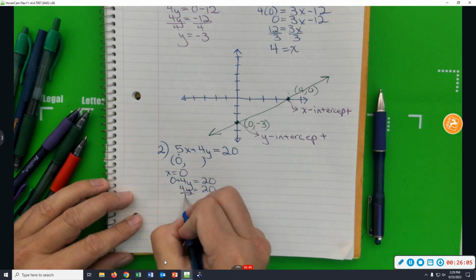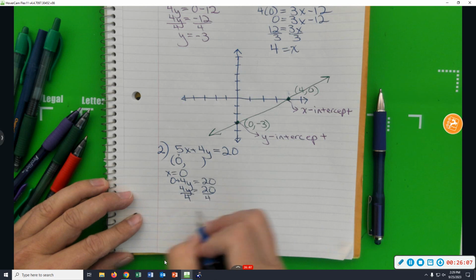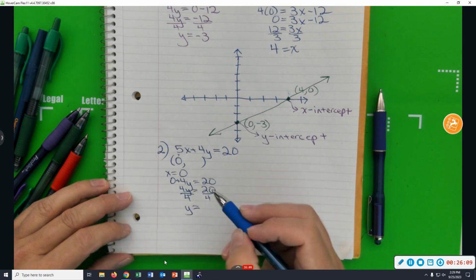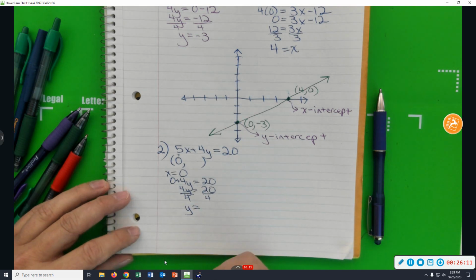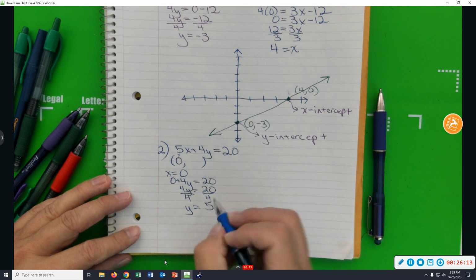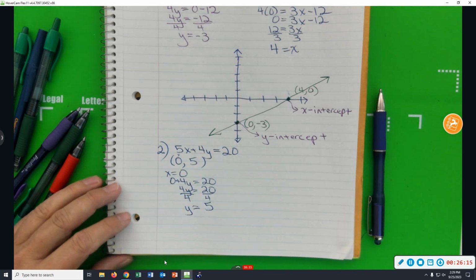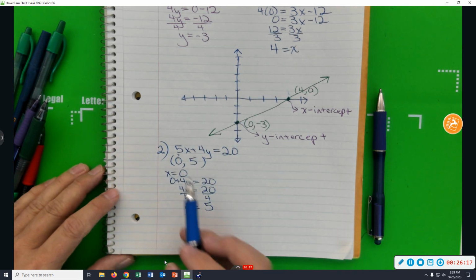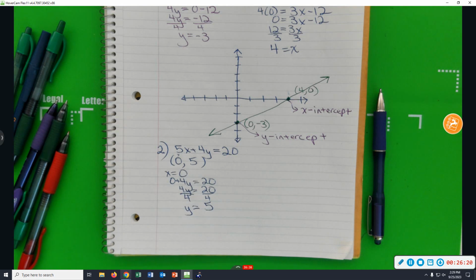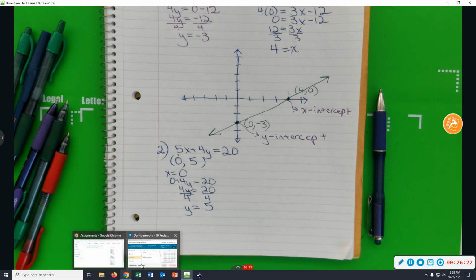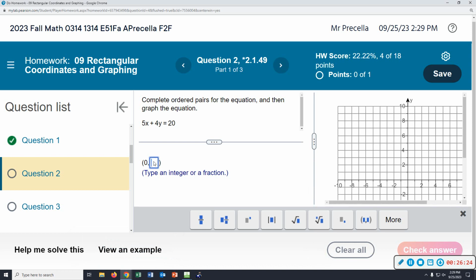Divide by 4 to give us y equals 20 divided by 4 is 5. So the first point that we'll wind up plotting will be 0, 5. Well, that's the first one that we know we need to plot. So we come over here, 0, 5,